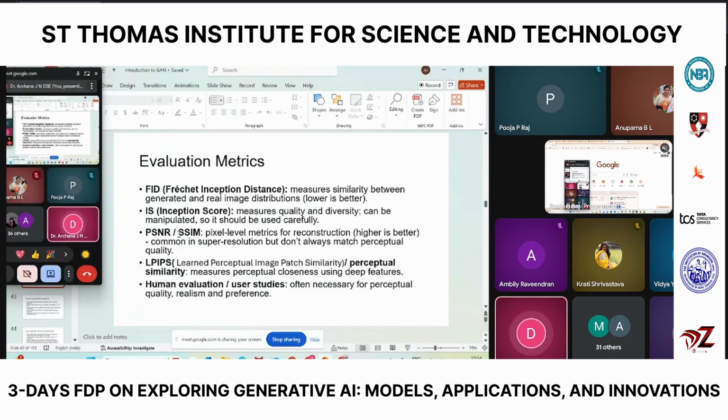So these are the different variants that are used at the time of reconstruction. First one, PSNR, that is a pixel level metric. So when you are dealing with resolution, if you want to improve the resolution of an image, you will have the PSNR value of the original image. Then you will perform various algorithms or approaches to improve the clarity of the image. After getting the enhanced image, you will again calculate the PSNR value,